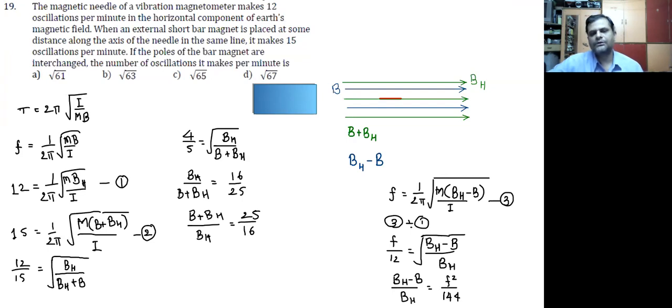And if you just take dividendo on both sides, तो dividendo मतलब क्या, numerator minus denominator upon denominator as it is, so that we can just get b plus bh minus bh upon bh. So bh gets cancelled and we are left with b upon bh, which is simply equal to, यहाँ पे 25 minus 16 मतलब 9, okay, so it will be 9 upon 16 as it is, okay. And now if we just apply dividendo here also,